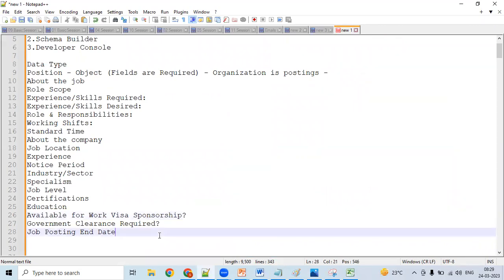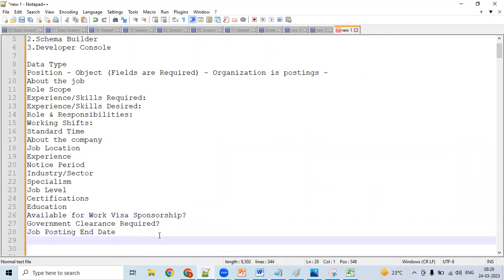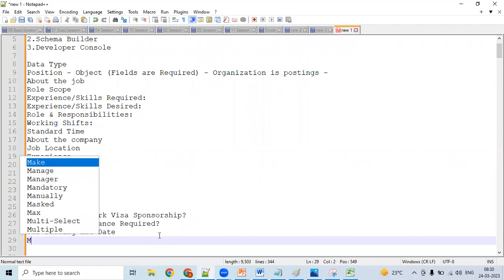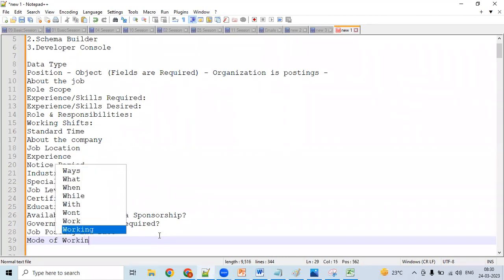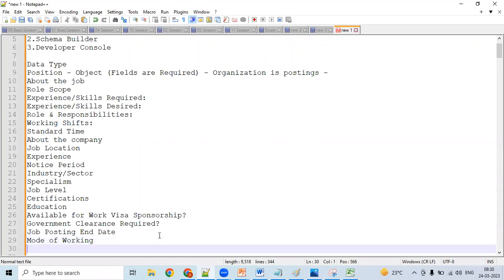Maybe you can do a pick list for that. What can we use? A pick list. Okay, but what field label do we have to give? Mode of working. Okay. Mode of working. What else do we have? Mode of working, other than that,